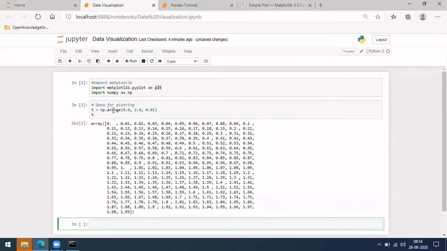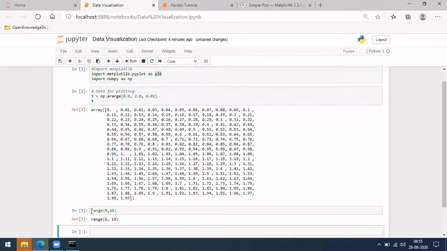If you see, np.arange from 0 to 2 with 0.01, it is similar to using range, like we used to use range, right? Range of 0 to 10 would have given, let me do list of, okay, list of.